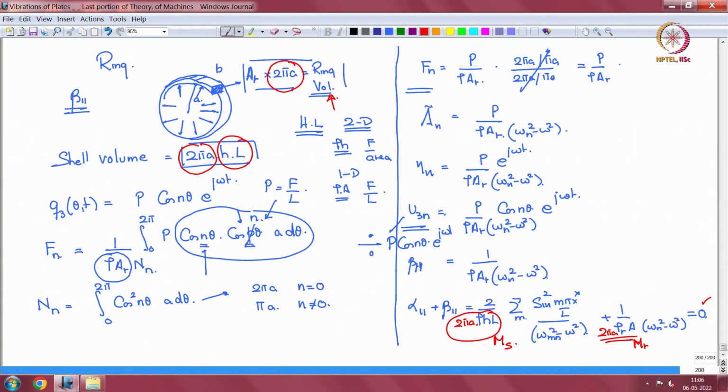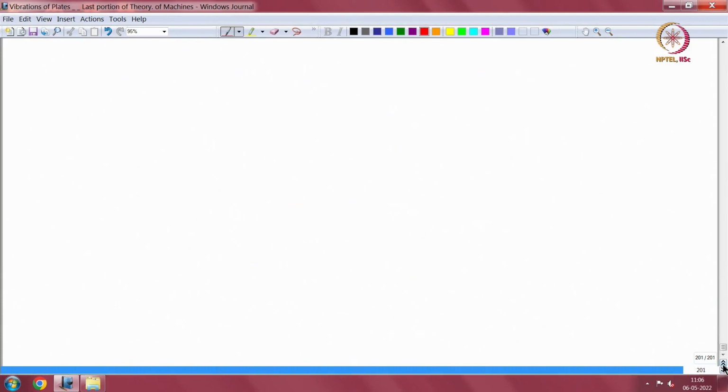So, alpha 1 1 plus beta 1 1 is equal to 2 by ms